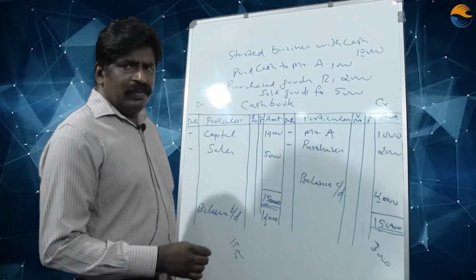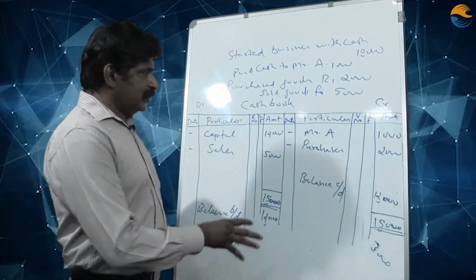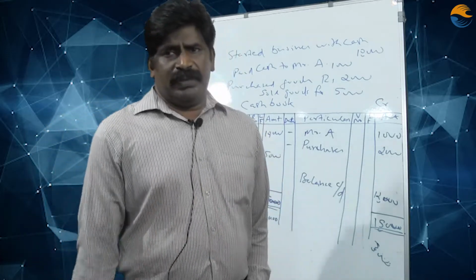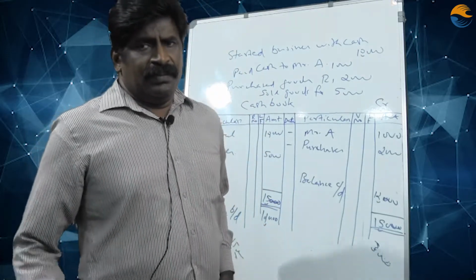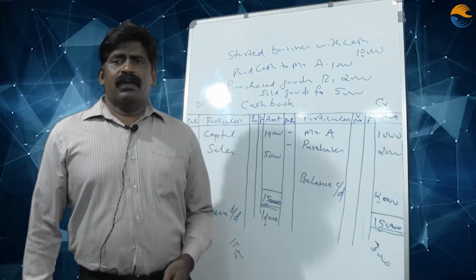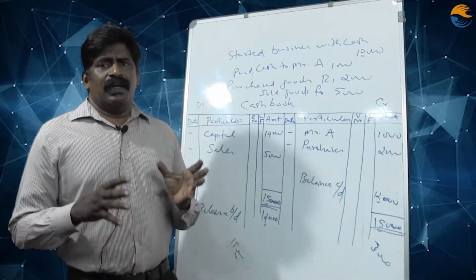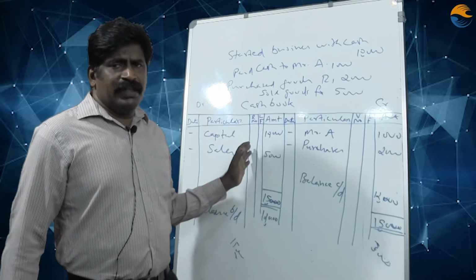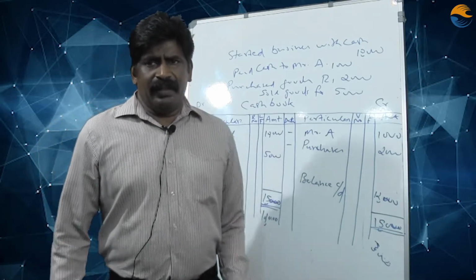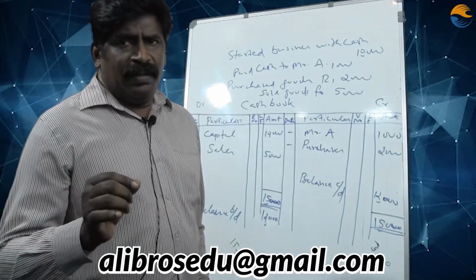This balancing process is applicable to all the accounts in the same manner. Now how we solved the balancing process of this cash book? This is applicable to all types of accounts. Okay, so this is all with the preparation of single column cash book. In the single column cash book, all receipts should be shown on the debit side and all payments should be shown on the credit side. Then we will take the account balanced.